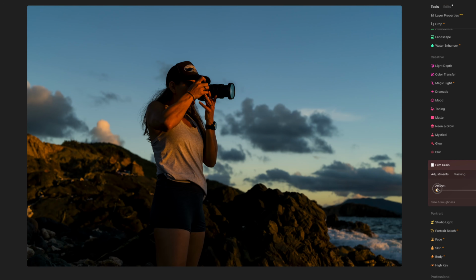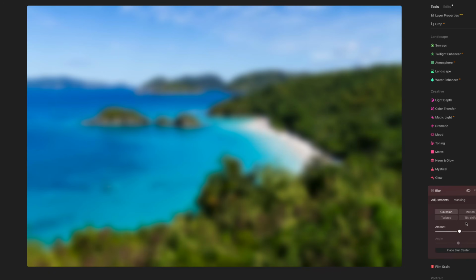Also Film Grain. It's kind of awesome for when you want to go with a little bit of a hipster vibe and you don't actually have a film camera. You can make digital look almost identical to what you would see in, say, a Portra 400 or some of those popular film stocks. I also noticed there was a blur tool,